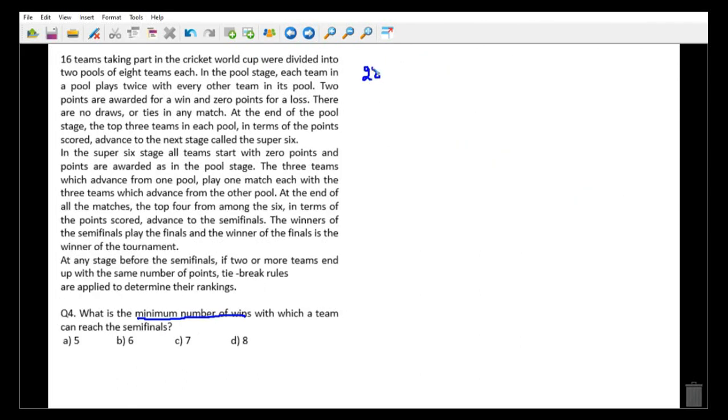So I can say that this is the minimum points with which a team can move to the next round. So from here I will get minimum wins in case of pool stage, as I do not have any draws. All these points are going to be awarded through wins. So we are going to have 5 wins in case of pool stage. Okay, so this is my pool stage, and I will have 5 wins from the pool stage because there are